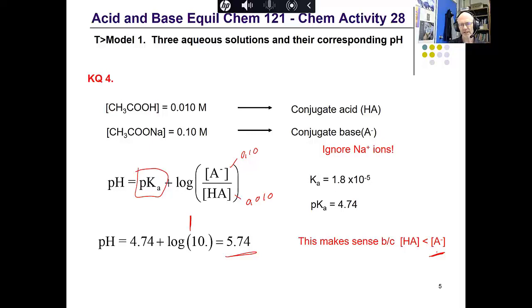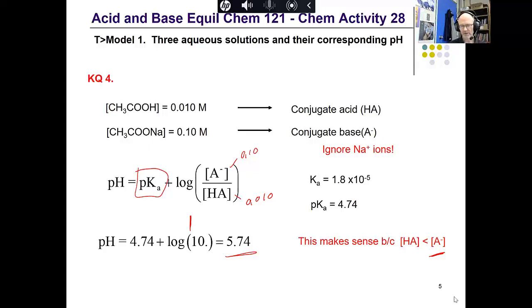Now you'll see that I intentionally chose situations where either the conjugate base was 10 times larger than the conjugate acid, or the conjugate acid was 10 times larger than the conjugate base. I hope you see that this gives us then a range of, on the high level, 5.74, down to the low level,